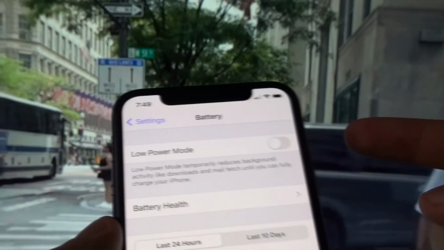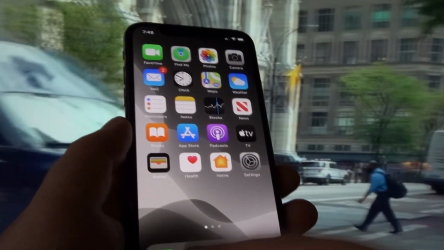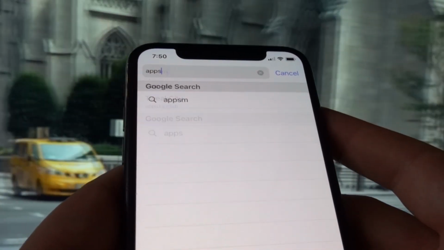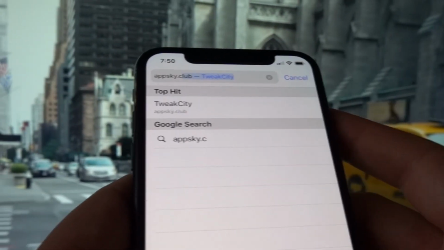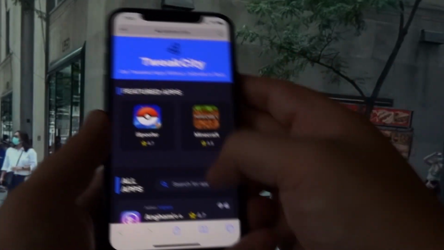Once you've made these 3 adjustments within the settings of your phone, simply close and exit the settings of your phone and open the browser for which all the cookies have been unblocked, and in my case it's Safari. And into the search engine bar of that particular browser, type in this thing pretty carefully and correctly, which is appsky.club. Right, guys, have appsky.club and click search, and a list of modded games and apps will appear right in front of you this way, along with their ratings and respective